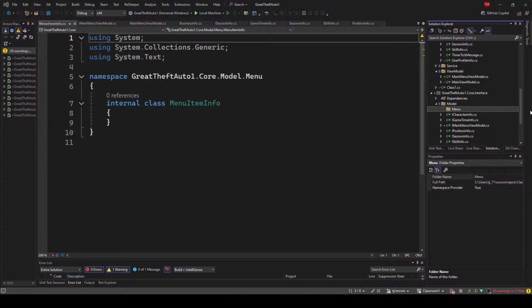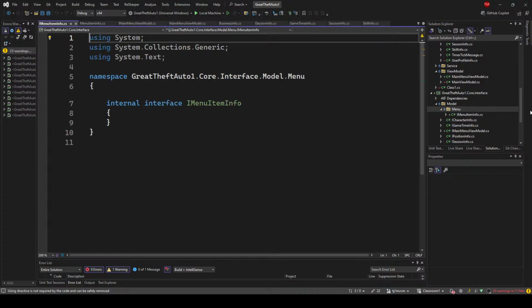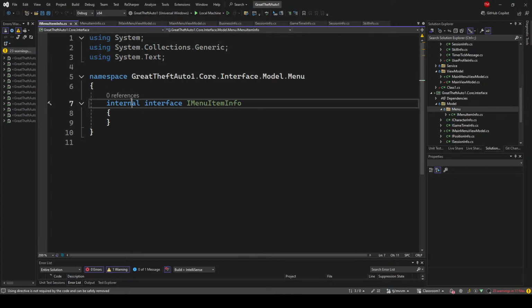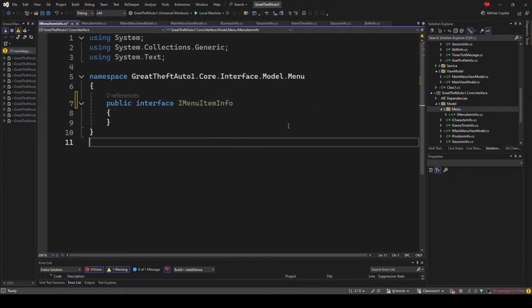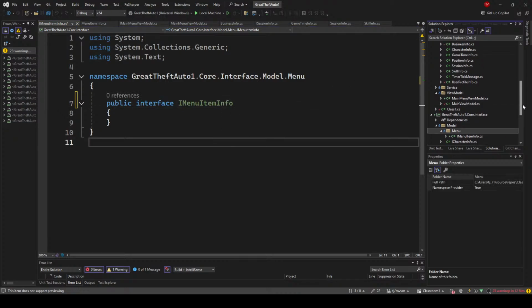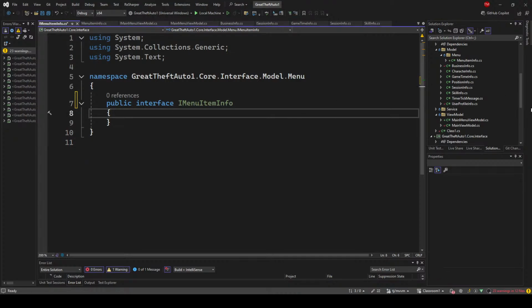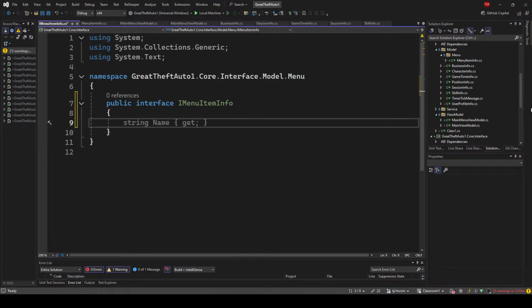Menu item info. And got to start it with I because it's an interface. All right, we've got our... now we're going to put a new string, and I'm going to put